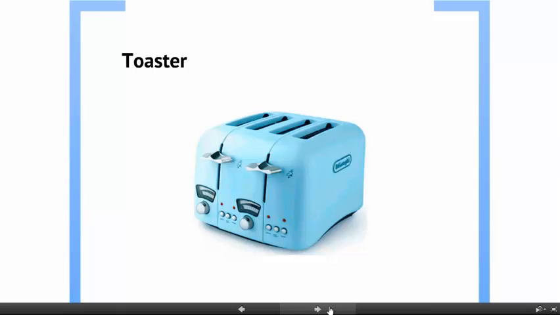So the next thing we have here is a toaster. Is this toaster that we see here a robot? Well, let's look at it. Is it a mechanical device? Yes. Does it perform tasks that people would typically do? Well, yes, you could hold a piece of toast over a fire, although this is a much more efficient and easier way of doing it. Is it programmable? Well, this particular toaster oven doesn't look like it. You may have some where you can set the temperature, but that's kind of iffy. Does it carry out a set of instructions? Not really. It's basically slide it down and the timer goes. So in this particular example, the toaster oven would probably not be considered a robot.